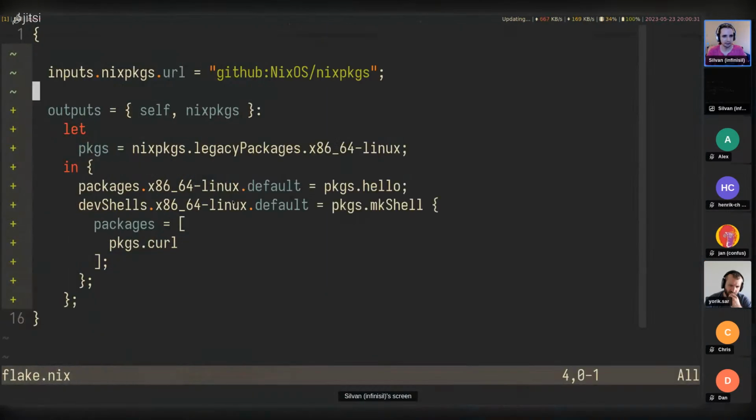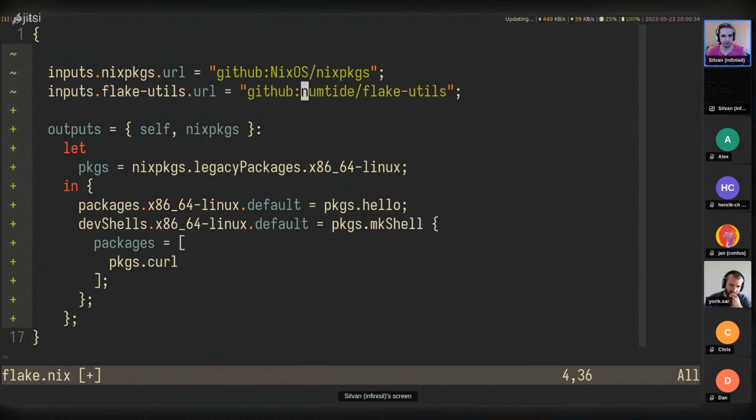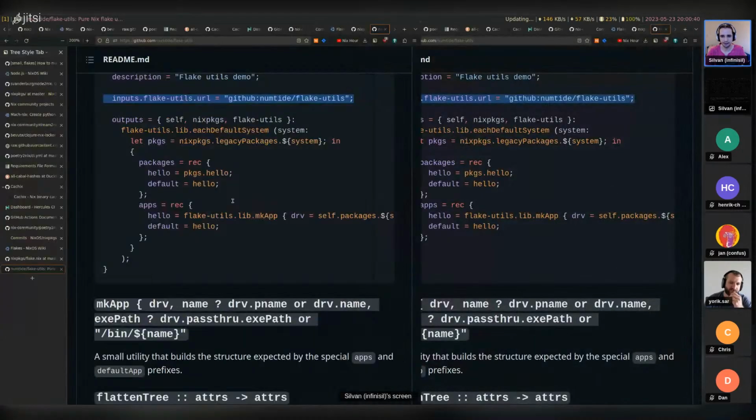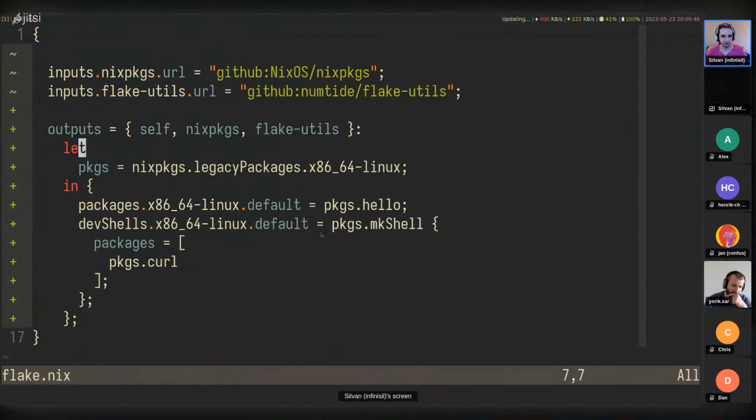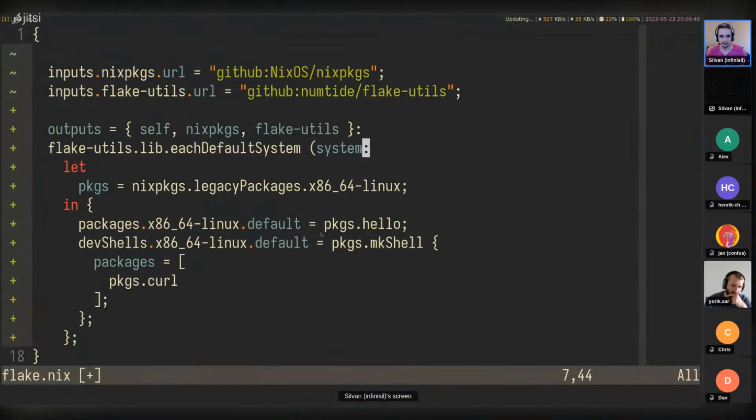So we add flake-utils as an input up here. Then we get flake-utils down here. And then we use this function, eachDefaultSystem, which adds these attributes for all systems and gives us the system argument here to parameterize over.